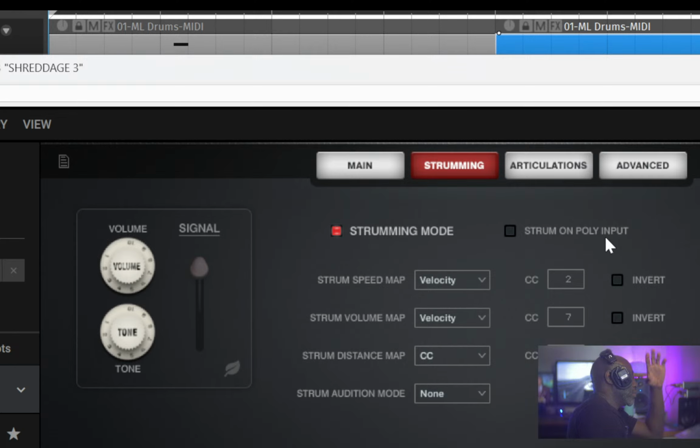Strumming input, that's a whole other thing. Strum on poly input, I should say. It's a whole different thing. I'm not going to talk about that. Watch the video on the website, look it up on YouTube. They go into the details of that. But basically,